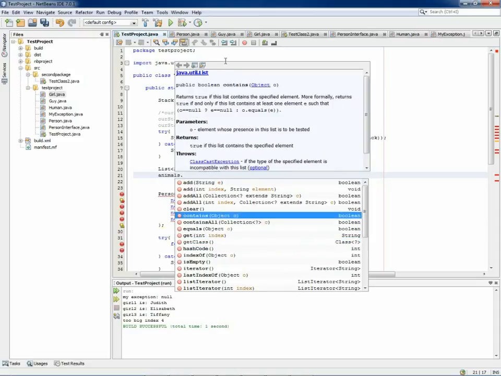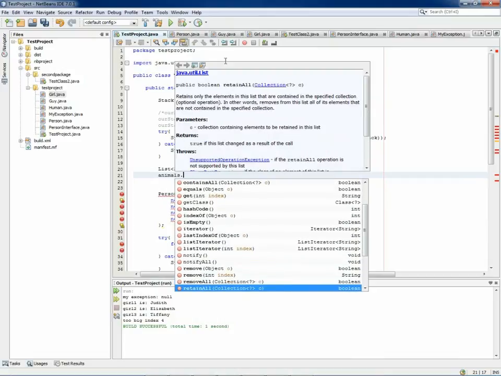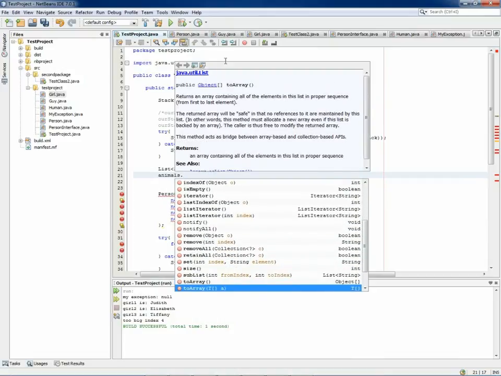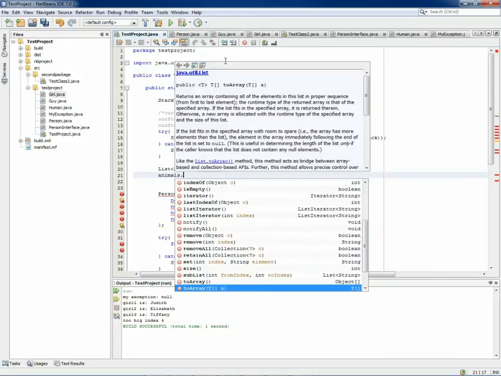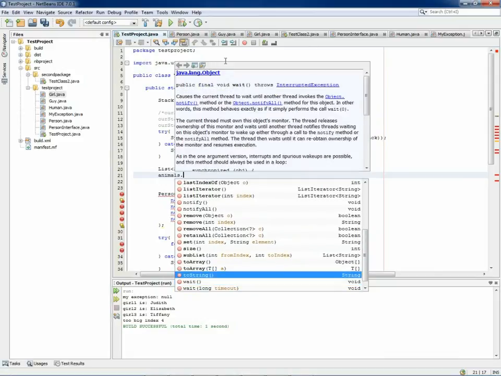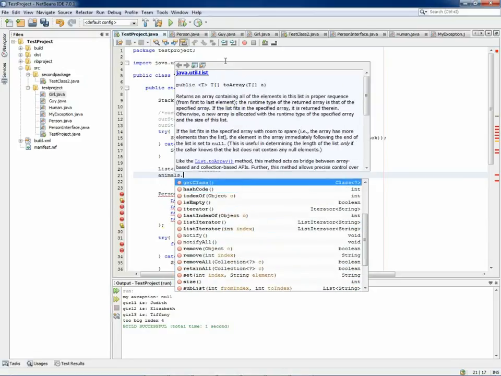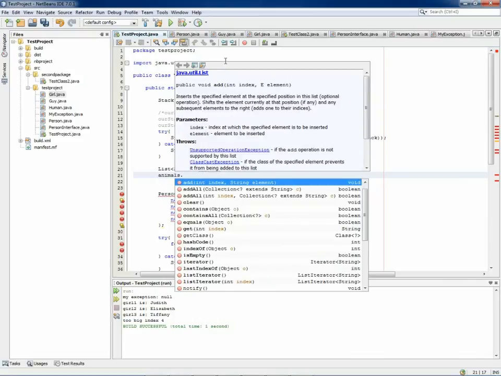And of course, if I use it here, this will also use the string because we already gave the string type as a generic. Remove all, set, sublist. We can make an array out of it. So lots of things, but what we use here is add,